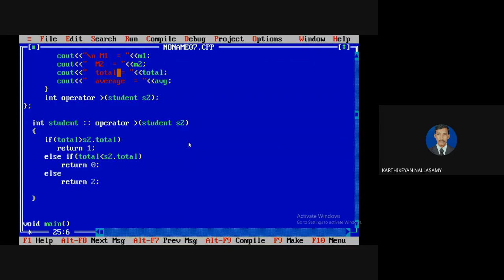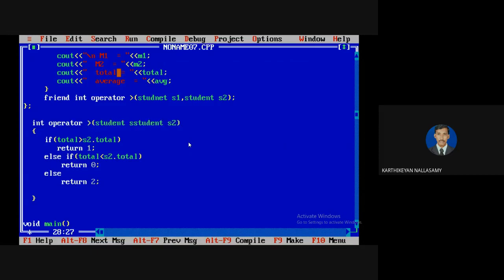In case you want to implement it as a friend function, we know that there are two objects we need to pass because it is a binary operator. So there is a small change here.